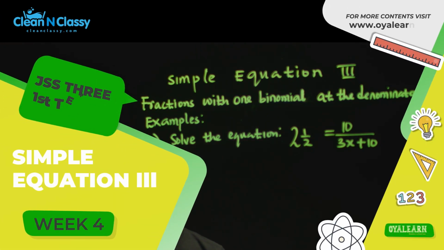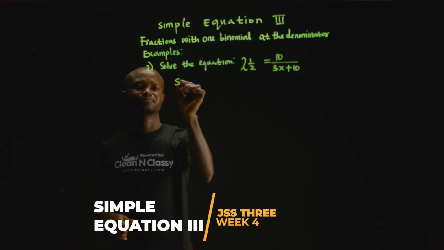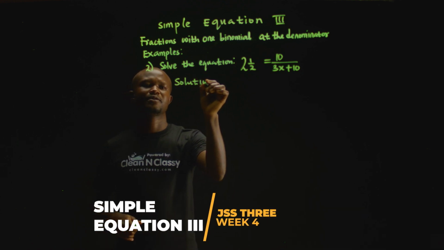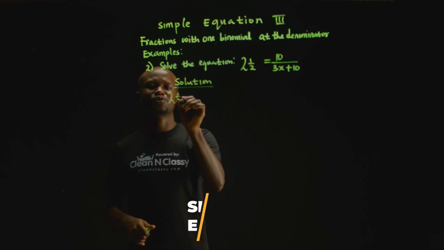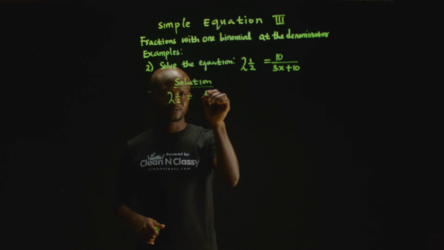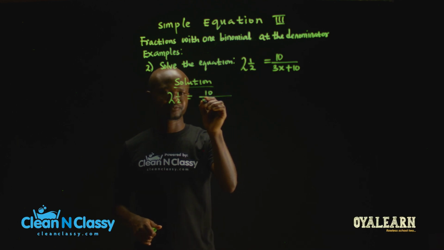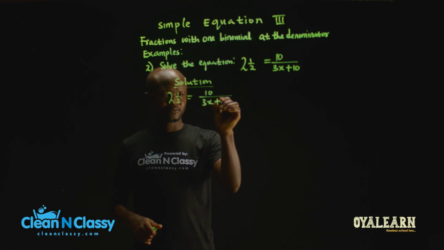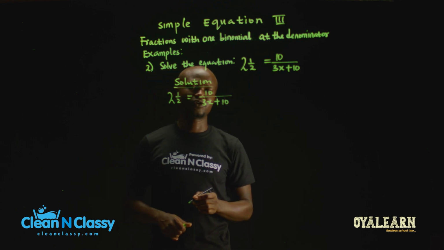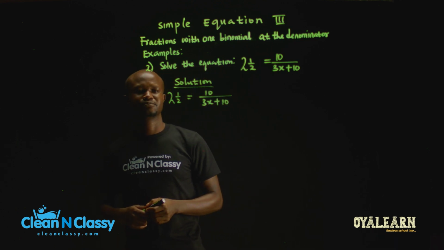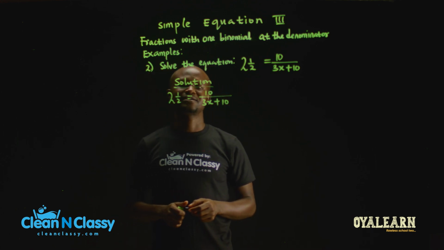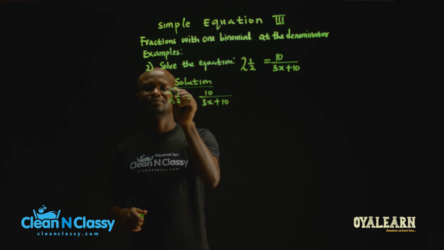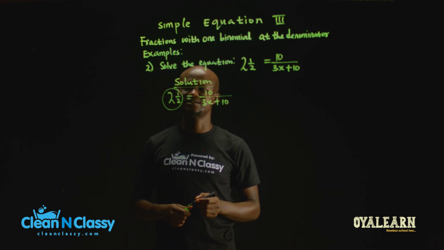Solve the equation. Solution. Two and a half equals 10 divided by 3x plus 10. Now the first thing for us to do is to convert the mixed number at the left hand side to